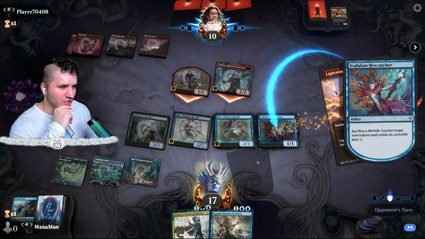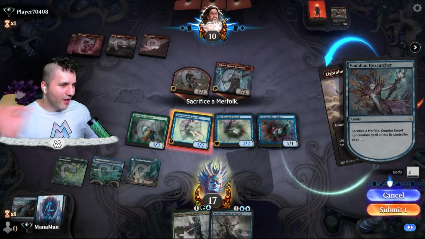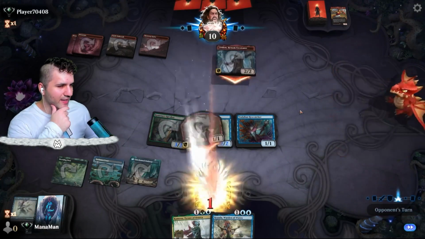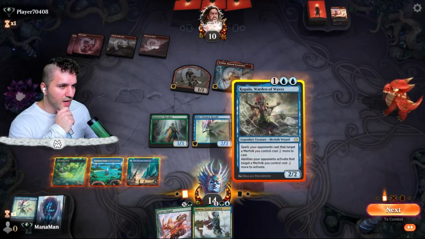I think I'm actually going to sacrifice the Herald for this. I know that this is a 2/2, which is kind of nice, but they are tapped out. Yeah, let's go ahead and do this. I'd rather just keep my Hexcatcher, just in case they have that dreaded Embercleave. Let's go ahead and drop